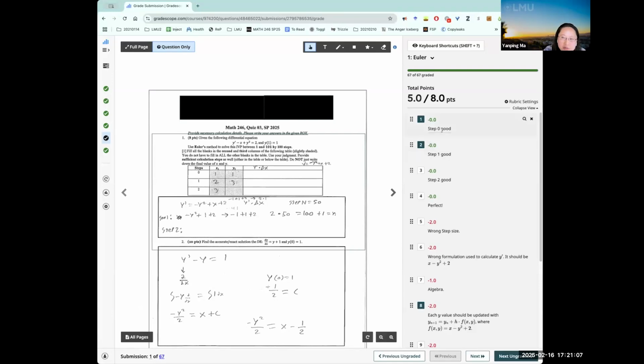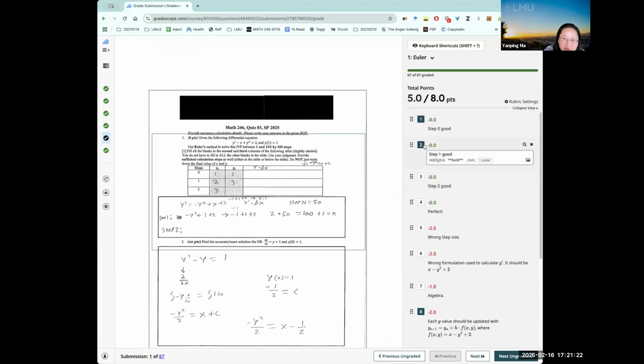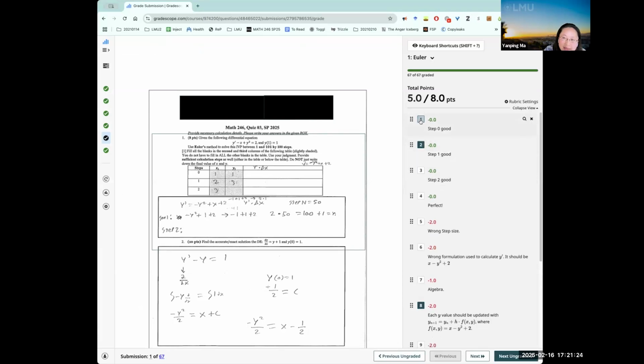During this grading process, you can add different rubric items. For example, the first one I said, you lose 0 points. It means your first step is correct. You lose 0 points if your second step is correct. Those two were highlighted because I chose them as comments to be left on my students' work. So later when they read their work, they understand, oh, the first part is correct, the second part is correct.